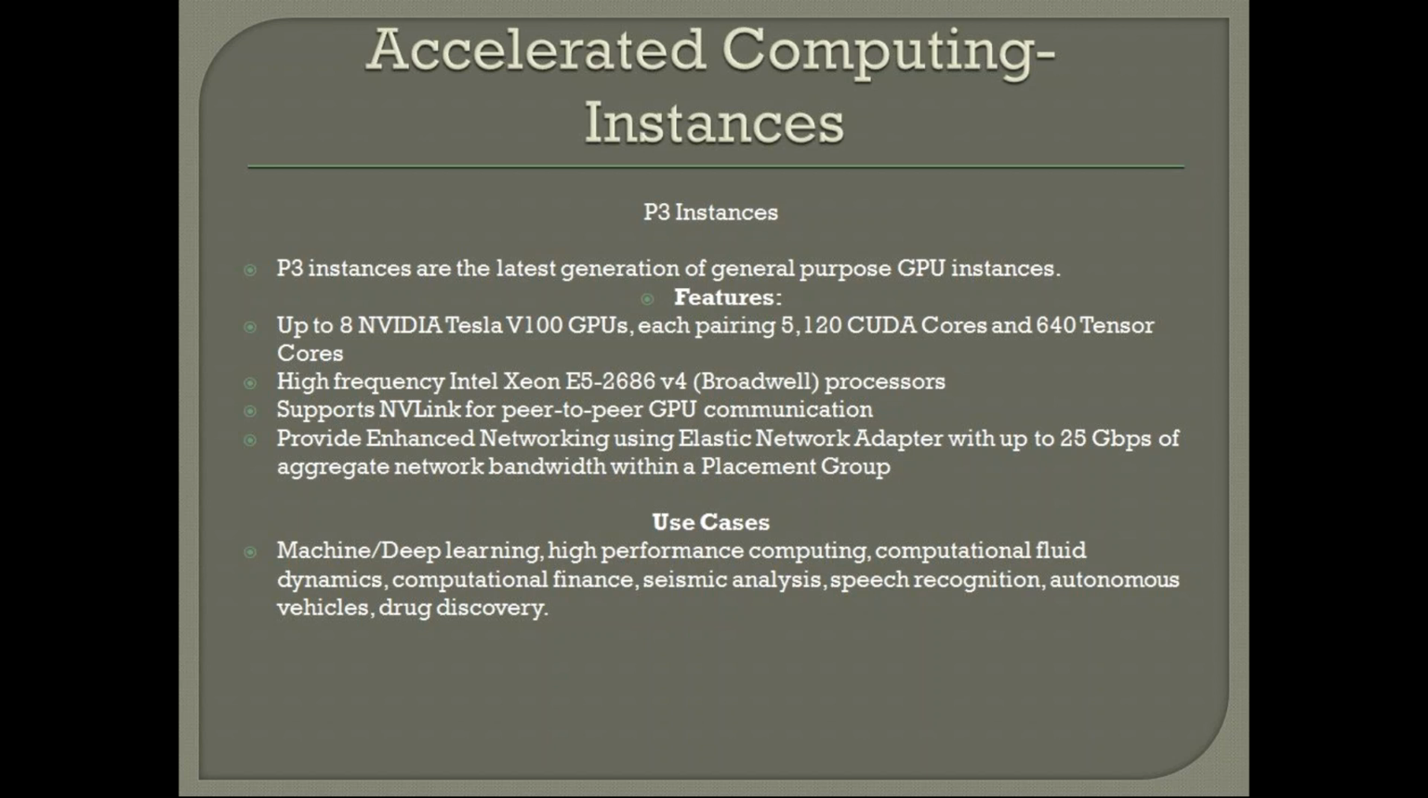But what is this accelerated computing instances? We'll see. So under this accelerated computing instances, P3 instances, P3 are the latest generation of general purpose GPU instances. So GPU is different and CPU is different. CPUs are for processing things, and these are for graphics. So for example, nowadays people are addicted to some gaming consoles and even PC gaming. So for those types of gaming